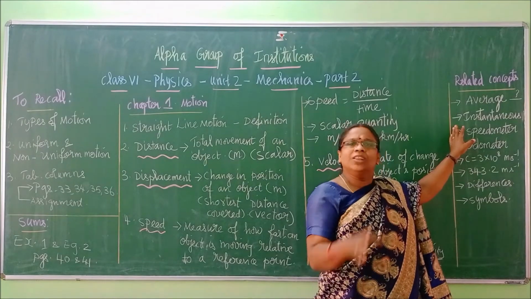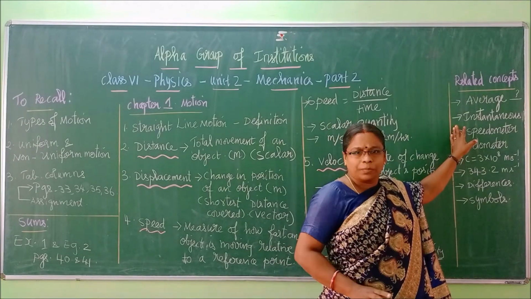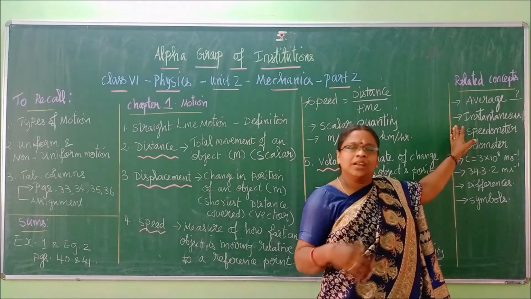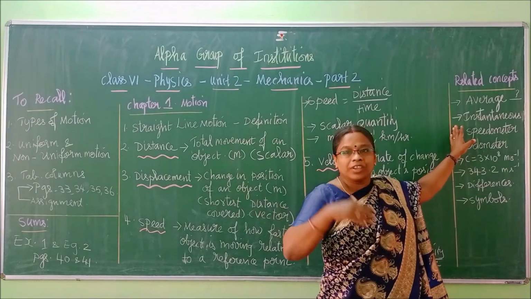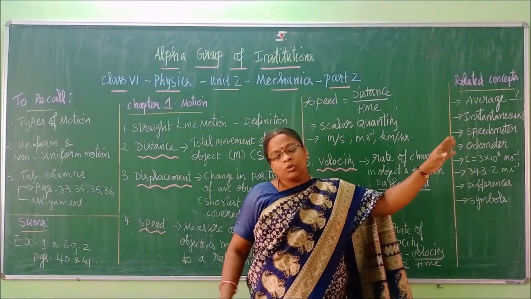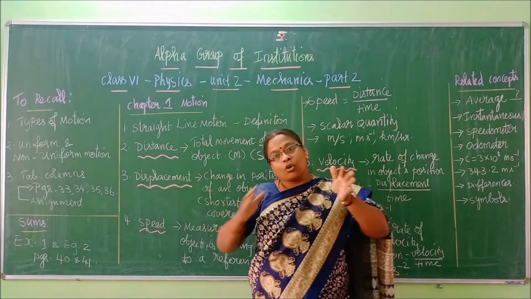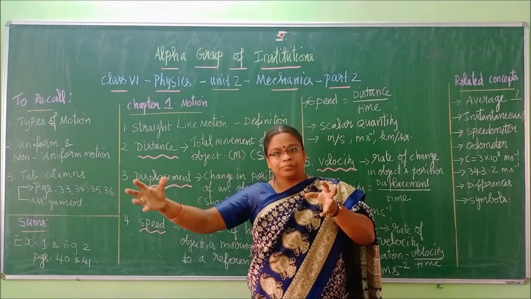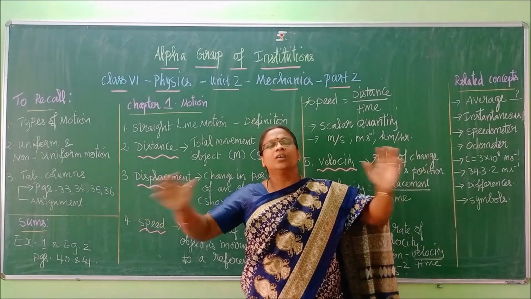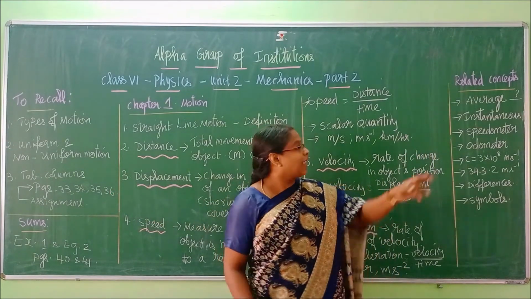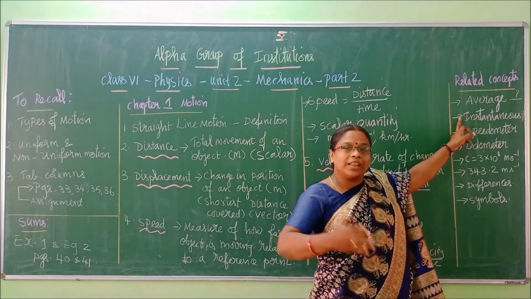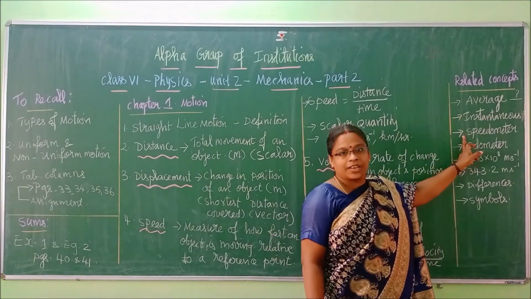But in a travel, you cannot travel with one particular speed. Suddenly a speed breaker will come, you have to reduce your speed. Suddenly it will be a non-traffic area, you can increase your speed. So you travel with different speeds. What is the total you followed? You can add. And that total distance covered divided by time will be called average speed, average velocity. Similarly it goes for average acceleration.